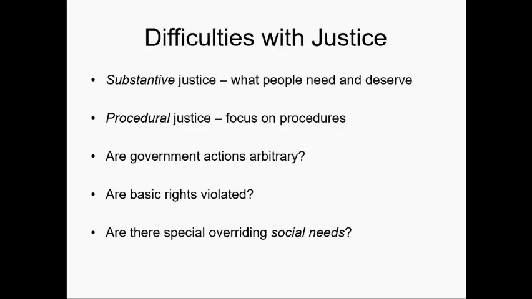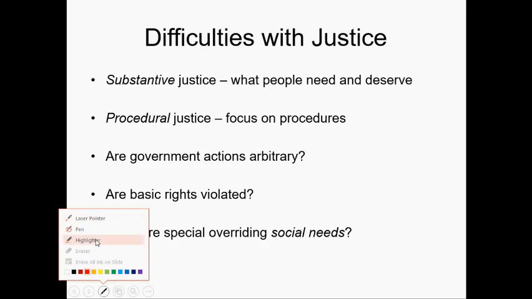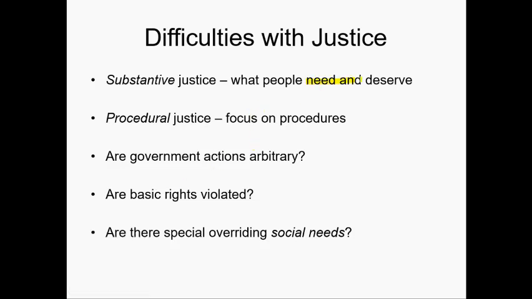We've got two types of definitions for justice. We have substantive justice, which has to do with what people need and deserve, and what society or its decision makers determine we need and deserve. And then procedural justice, as you can imagine, focuses on the due process of justice, which everybody would want to be dispensed fairly and perhaps somewhat unbiased, that sort of thing.